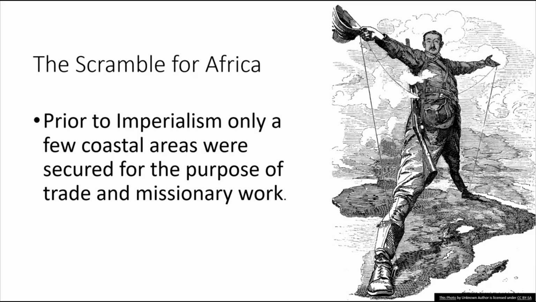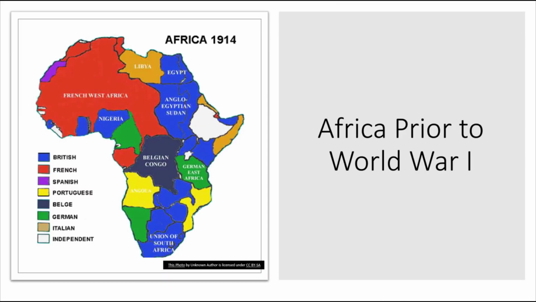So at the end of imperialism, we basically have this occur right before World War I. And so here's what Africa ends up looking like once we get ready to settle into World War I. As we can see, European countries control every single portion with the exception of the parts that are white, which obviously is basically, I don't know, we could say it's about 90% of Africa. We can see certain concentrations too. The French just basically settled in one area. The British were all over the place. We can see right in the center, that's where Belgium comes in. That's going to be where we talk about King Leopold II for a brief moment later on.